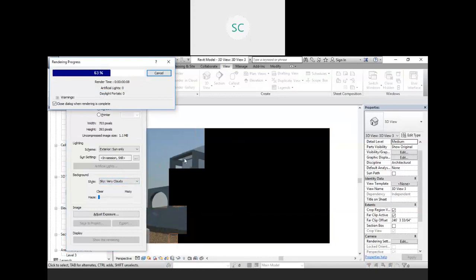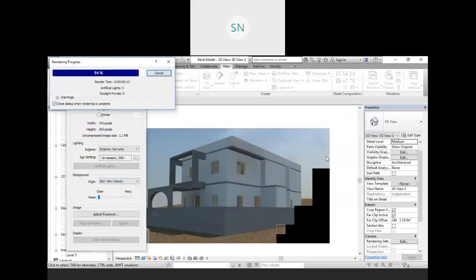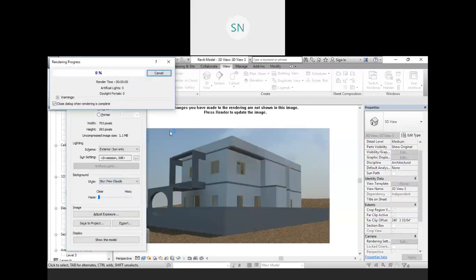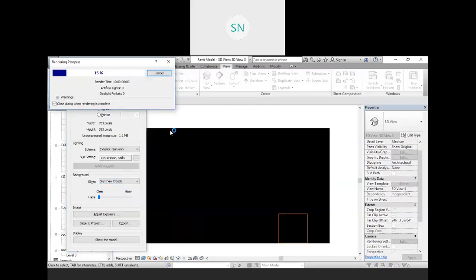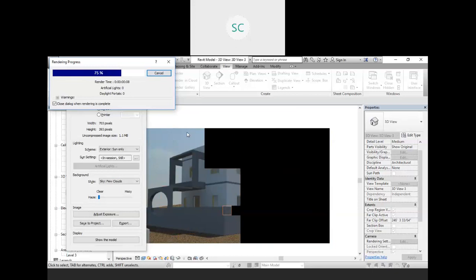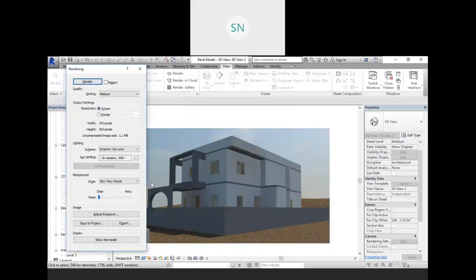See, here we have a background with sky, right? But we won't get particular clouds. Yes, we have, these are the clouds, right? But it's very cloudy. Now let me go with few clouds and render it. So we have a very clear sky over here on the top. See, we have only a few clouds around that.